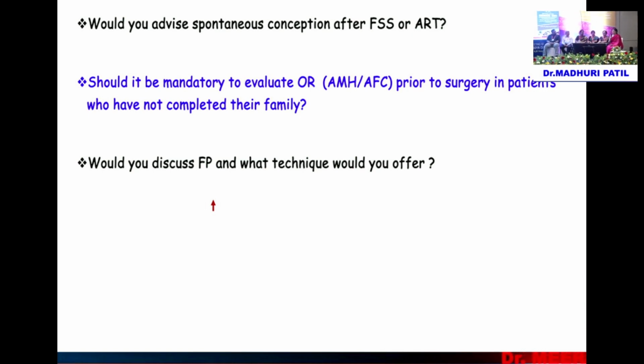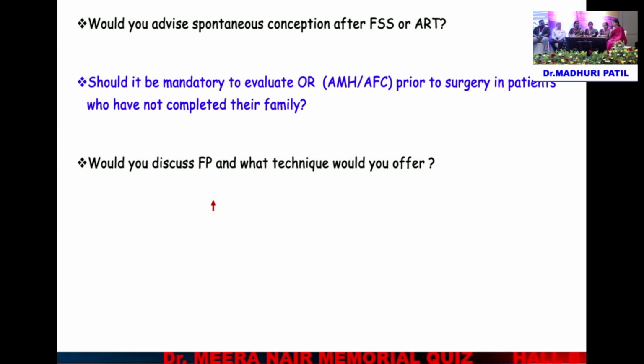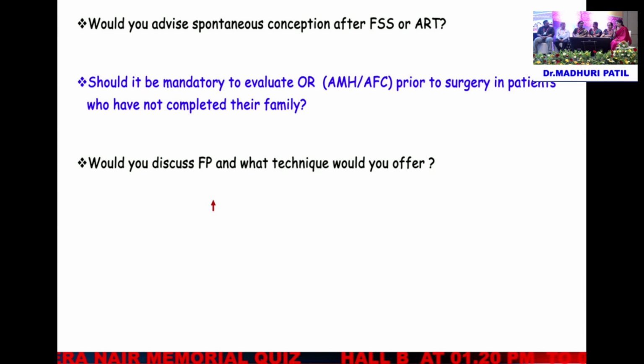People, unless you've been treating them for infertility, generally their fertility is quite fine. And you can definitely allow them to try for spontaneous pregnancy if all other parameters are normal. If there is a low AMH or any other male factor or a tubal factor, then maybe it is better to preserve the oocytes or embryos as the case may be, and then you can do an embryo transfer, because you're looking for quick conception.